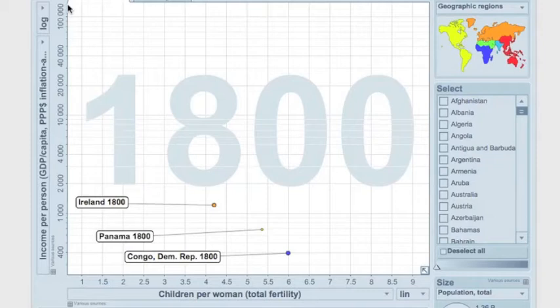So the countries that I'm going to talk about are the Democratic Republic of Congo, Panama, and Ireland. And the indicators that I chose are income per person and children per woman. The reason why I chose these two indicators is that